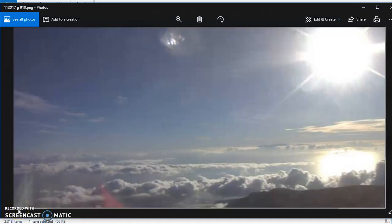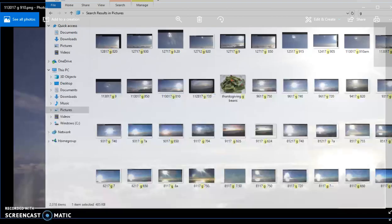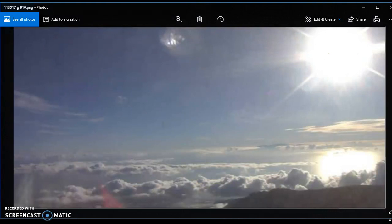On November 30th, I saw this object in the morning sky to this side of the sun, and I kept watching. And let's see what else. This was, oh, that's the same one. Here's a close-up of it